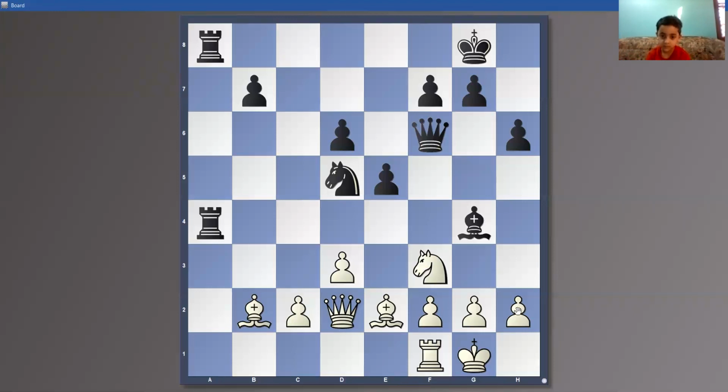Yes, so this is called h3 because the pawn is h and this rank is third, so you will say h3. Okay, suppose I play bishop h5. Knight to h2. Okay, knight h2.